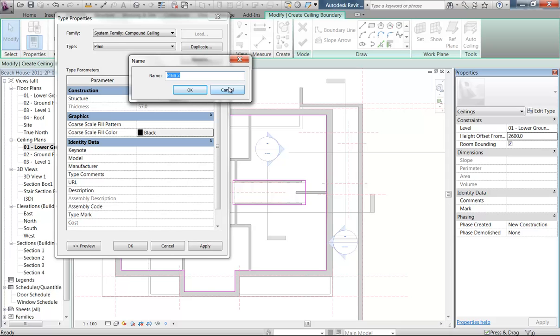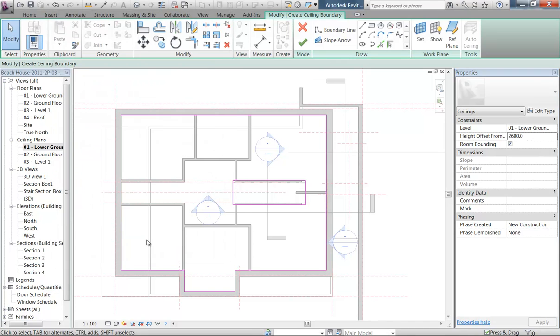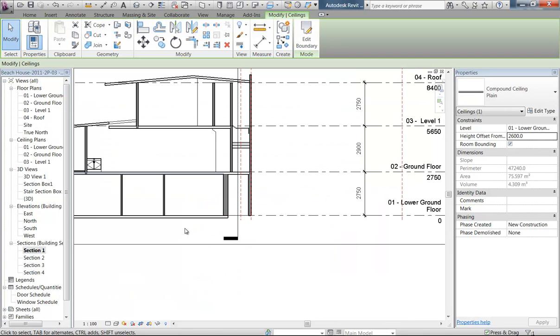we'll call it, in fact, sorry, I'm not even thinking. I might actually just leave it with that one for now. Later on we can look at changing it if you need to, but that might actually do to get you started. So I'll just tick to finish and show you in section that it's going to be